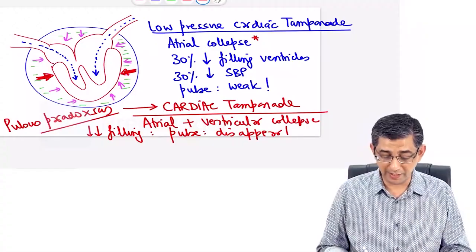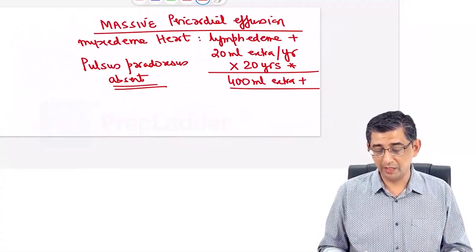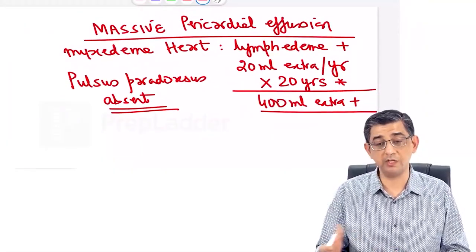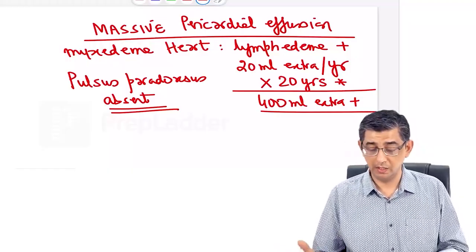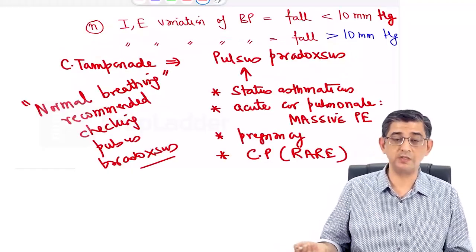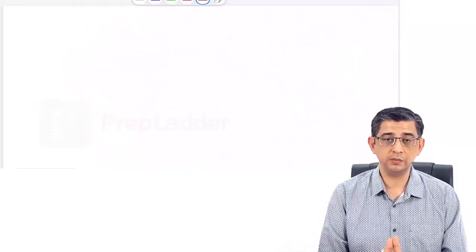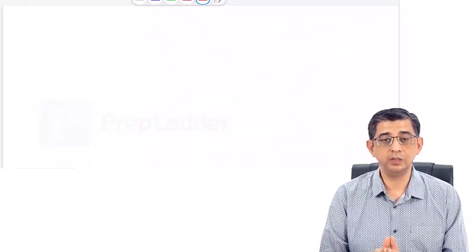And right now, I have just added to your vocabulary this extra point that pulsus paradoxus is also going to be absent in massive pericardial effusion, because the heart will get gradually used to it. The causes of pulsus paradoxus are the ones which are enumerated here and definitely should be remembered. Next, to see whether you've understood the concept of cardiac tamponade that I've explained to you,